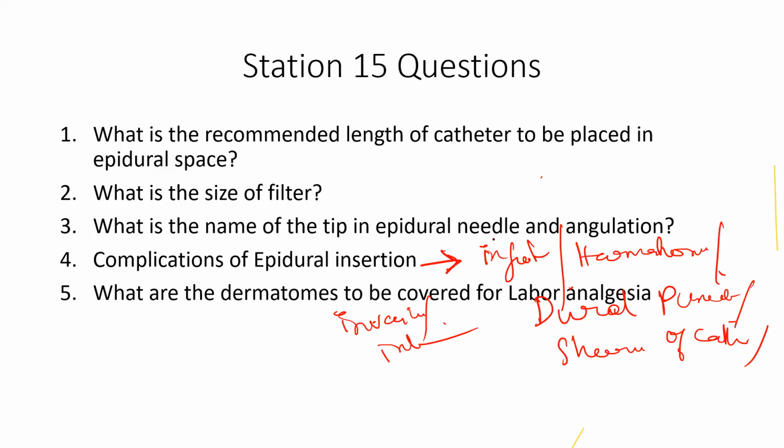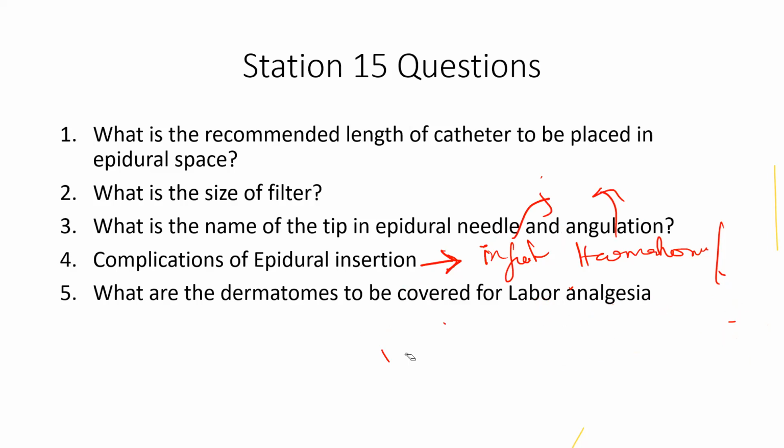One interesting question: epidural abscess or epidural hematoma, which is more dangerous? Hematoma? Abscess? Few say hematoma, few say abscess. Hematoma is more dangerous. Hematoma has a very acute course, abscess has a very chronic course. It takes 7 days for the abscess to produce complete compression and weakness, whereas with hematoma, within 48 hours you get a complete loss of function. So hematoma is always very dangerous and has to be addressed much faster than the abscess.